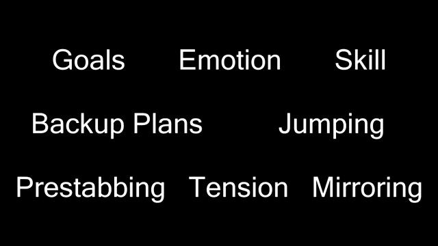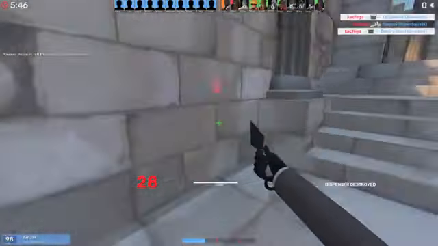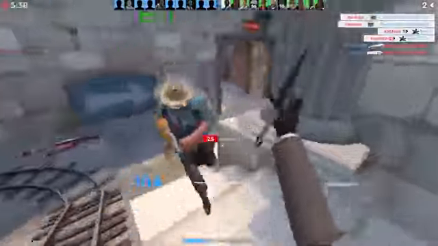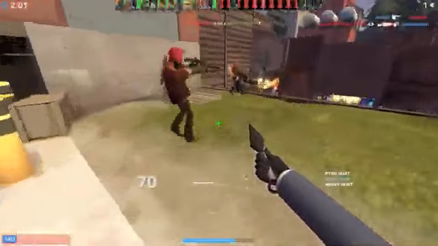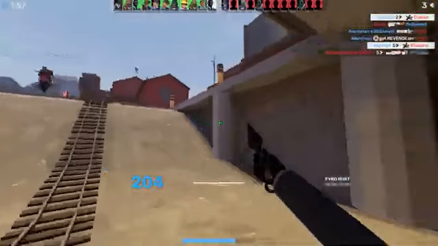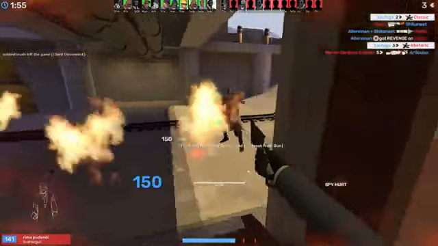Now I'll be covering things that supplement tracking, rhythm and movement patterns. Goals. When it comes to predicting the enemy, you should determine their goals. If you can determine the enemy's goals, predicting them and baiting them will be so much easier. If someone's main goal is to hunt you down and kill you, then you can use that goal against them. You can run away from them,